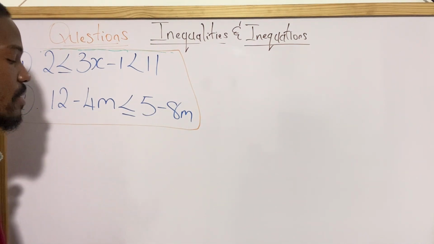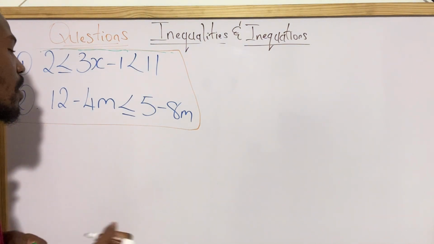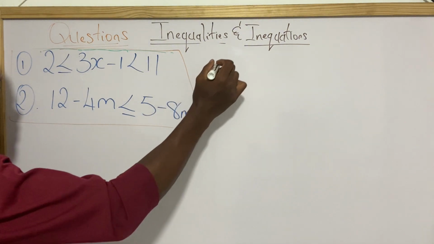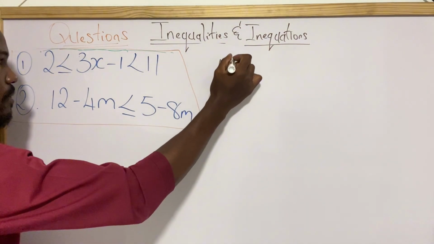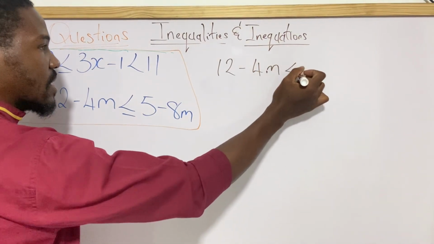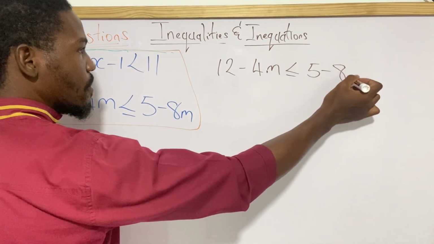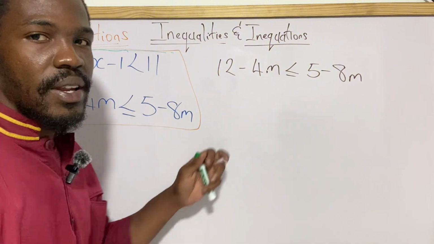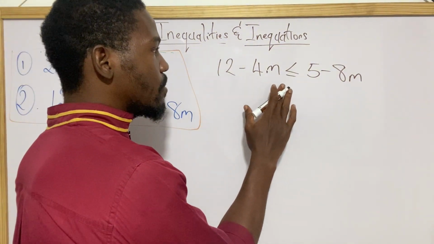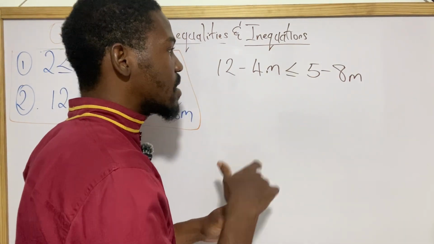It's a very easy one, very simple. It's just that there's something I need to share with you in this. There's a little twist to it. So we actually have 12 minus 4m, and we see that it is less than or equal to 5 minus 8m. So looking at this, if 12 minus 4m is less than or equal to 5 minus 8m, if this was an equal sign,